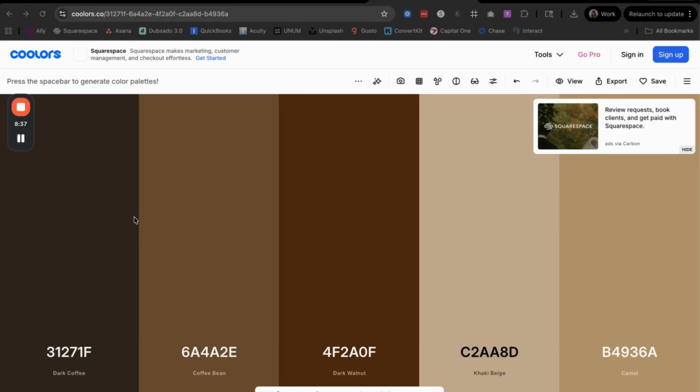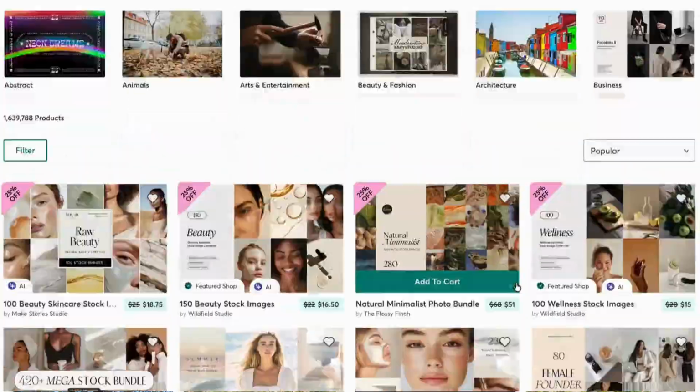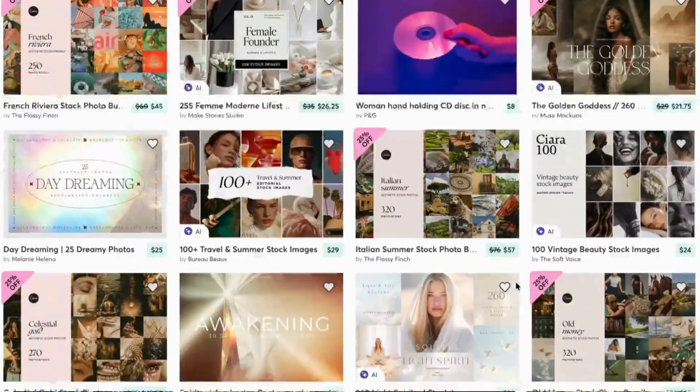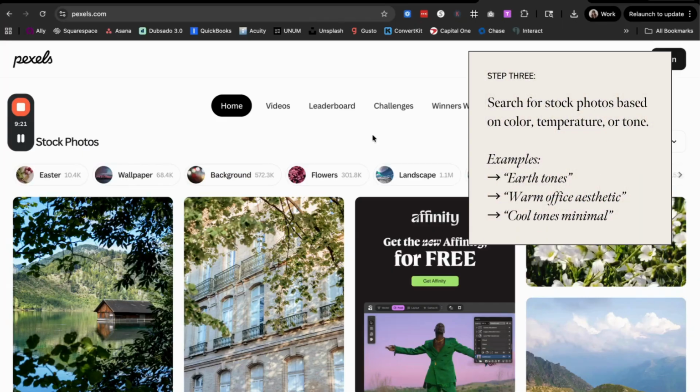Now, once you have a sense of whether you're looking for warm colors or cool colors and have an idea of the tone you want, I recommend searching for stock photos on royalty-free stock photo sites like Pexels or Unsplash, or better yet, you can pay for your stock imagery on sites like Creative Market, Canva, and iStock. But regardless of where you search, you'll want to search based on color and tone rather than content. Content of the photo is important, but what's going to help your website feel the most professional and put together